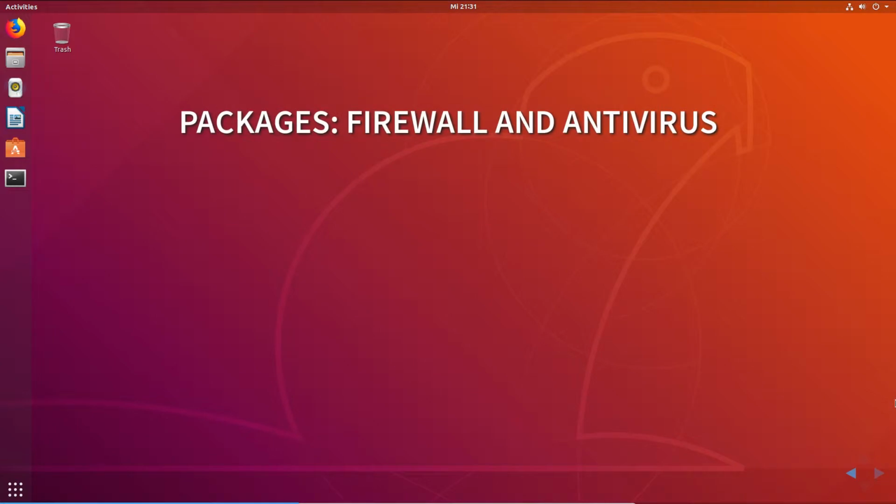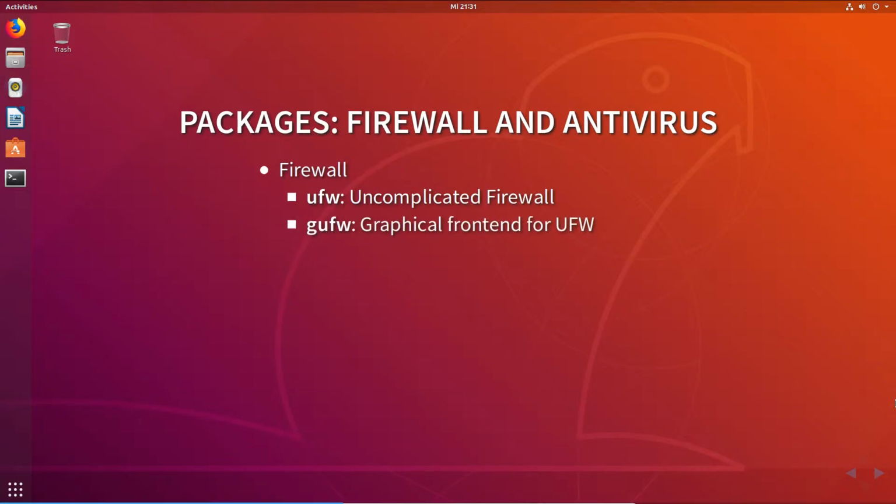So before we get started, a little overview over the packages and the package names. First, for the firewall, there's a package called UFW, Uncomplicated Firewall, but UFW of itself is only a command line tool, but there's a graphical front end for it.